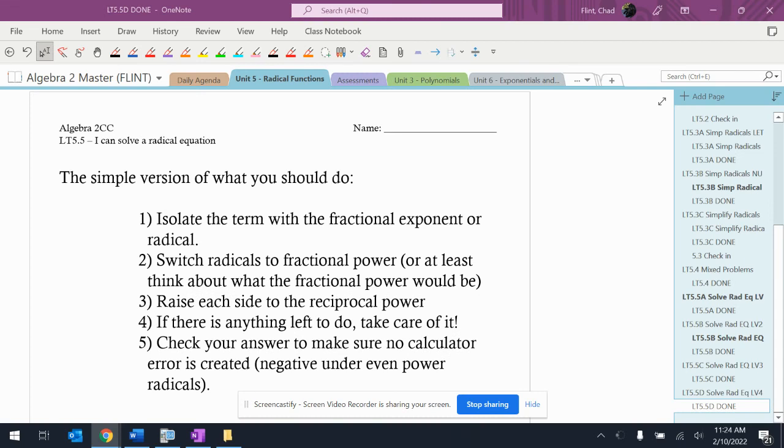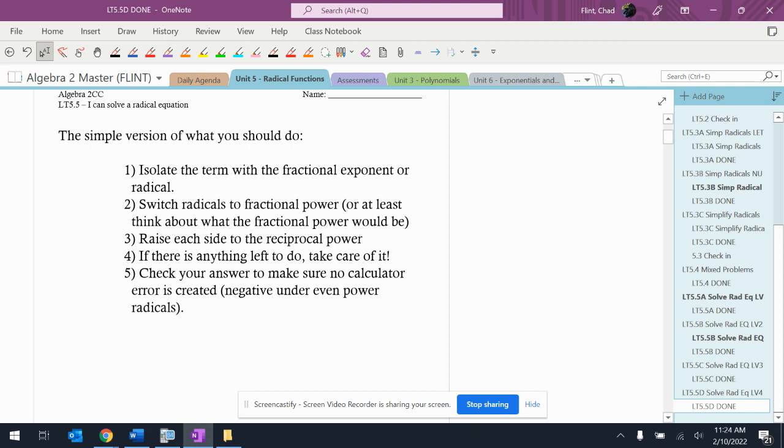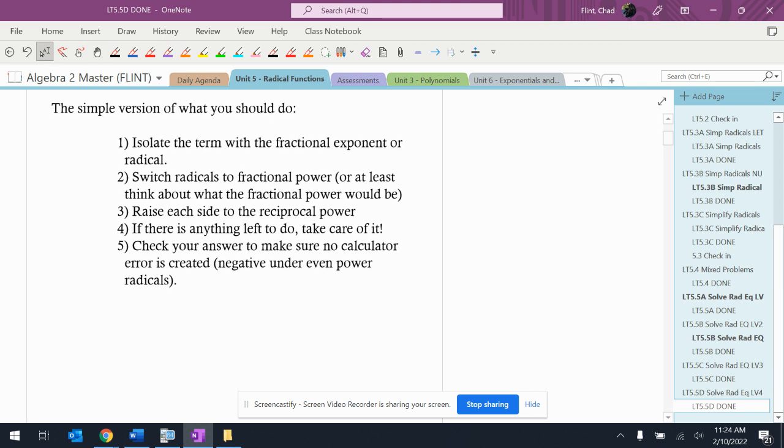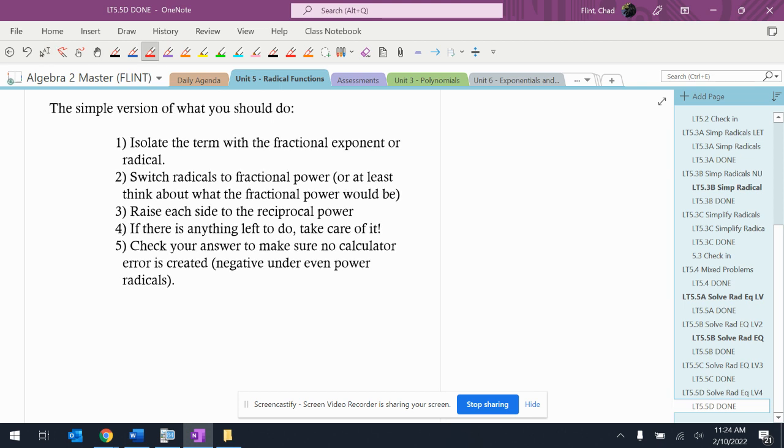So in this file, you're going to have to factor after you raise each side to the power. Probably all of them, if not most of them. So make sure that you understand that when you get an x squared, after you raise the thing to the power, most of them are going to be squared. You do have to get it equal to 0 and factor it. All right, so I'm going to put down here: get equal to 0 and factor